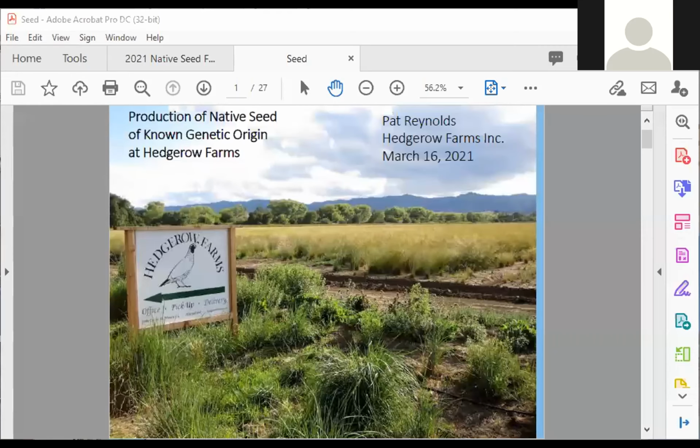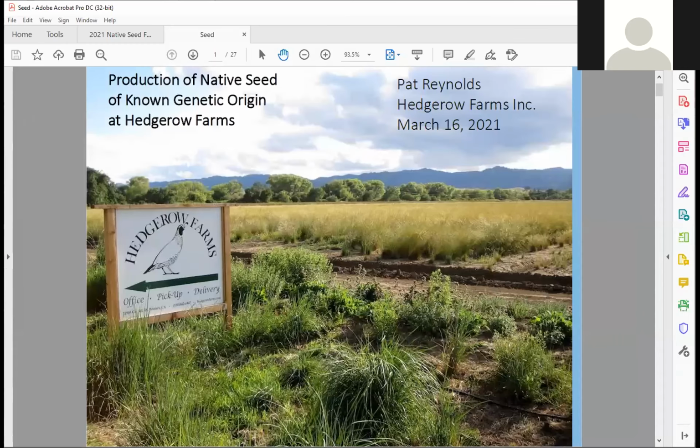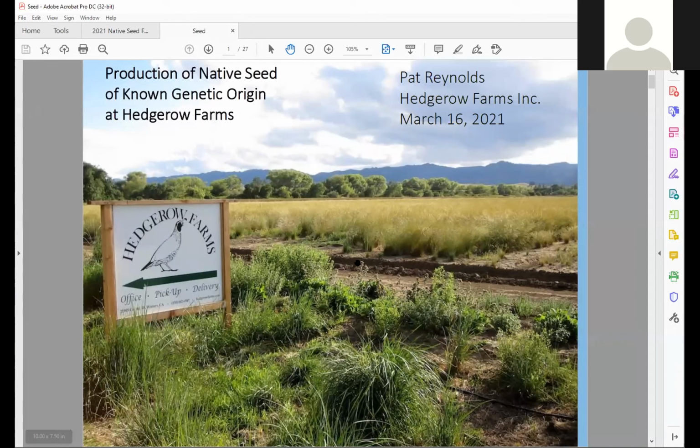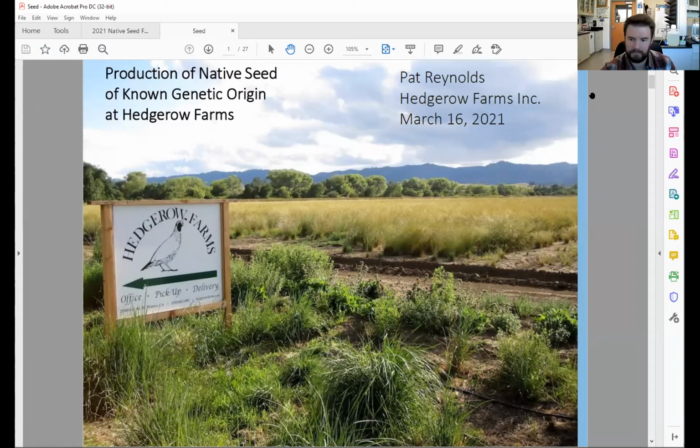I will give it a go and share that. Try and get this nice and big for folks. All right. Okay, I can see it. Can everyone else? Yes. Okay, excellent. All right.